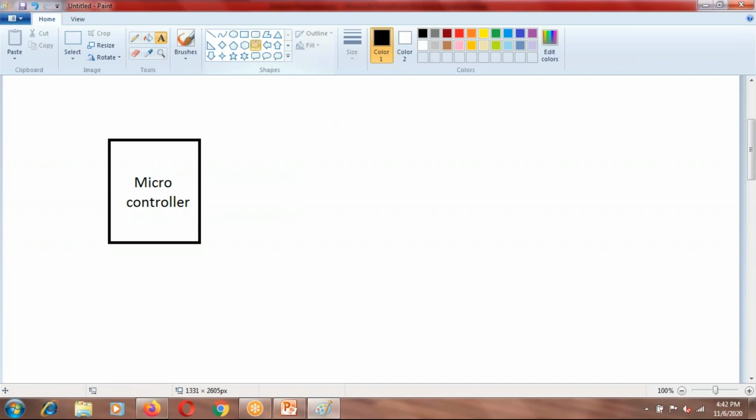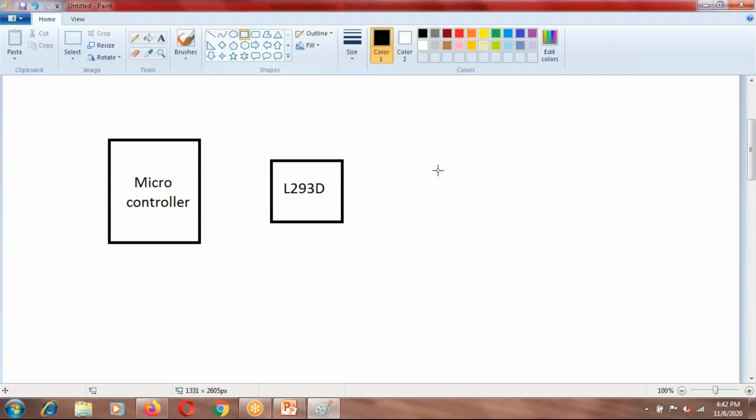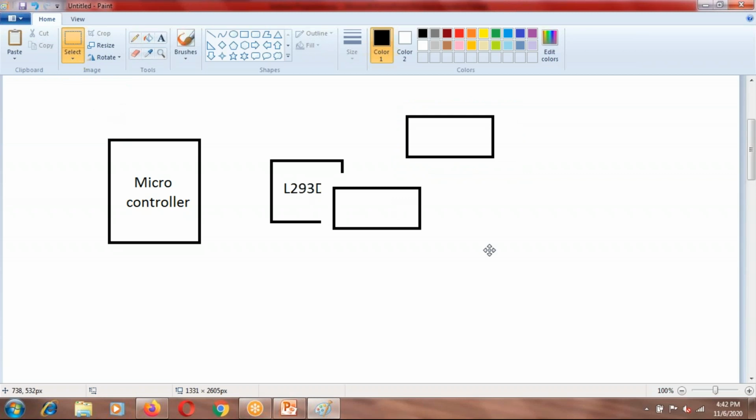The microcontroller is connected to the L293D IC, the motor driver IC, and to the motor terminals. So this is controlling the motor. Let me make both the motors. It is just a representative diagram. So these are the two motors.